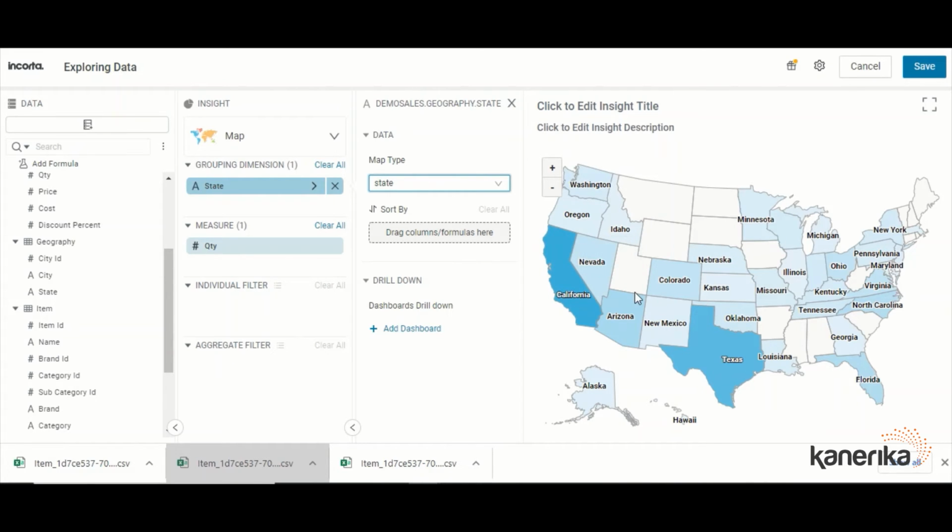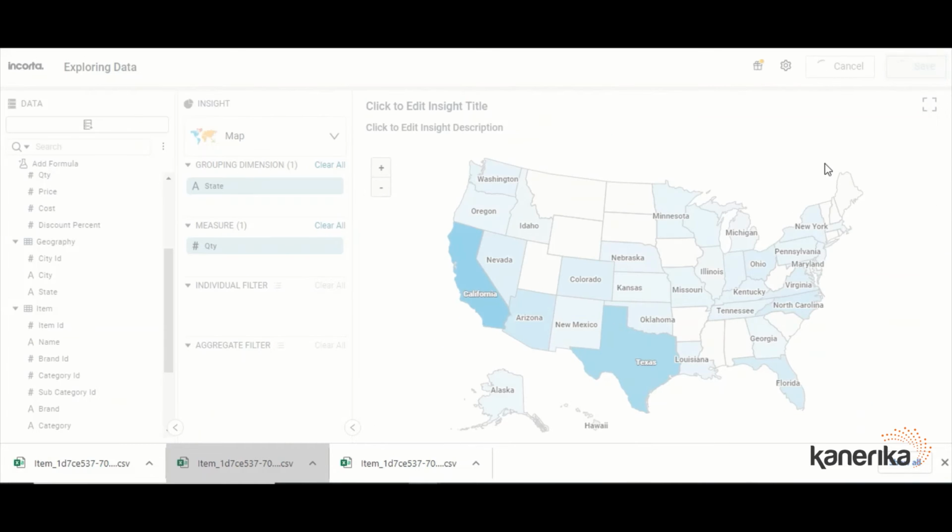Now there could be some chances, because of the naming and everything, there could be certain things which you can correct. And now there are individual filter, aggregated filter. Aggregated filter means it should be there on aggregated data. Individual filter means on the data. Let me try to save this visual and see what happens. So it is saving. It has not asked yet for a name for it,